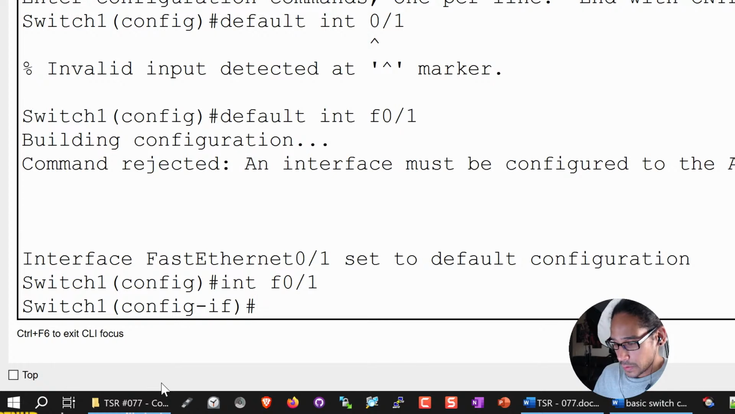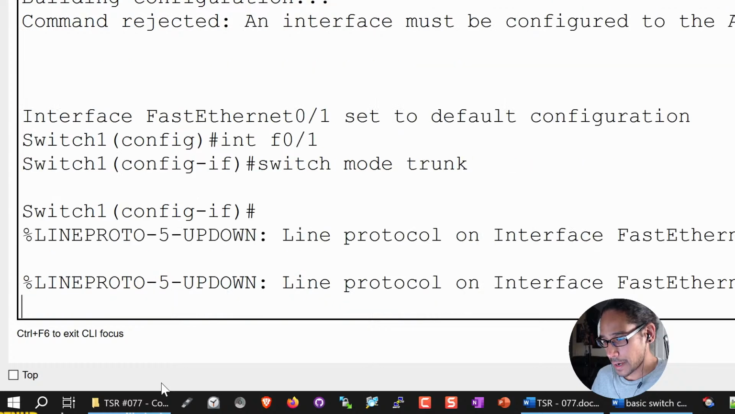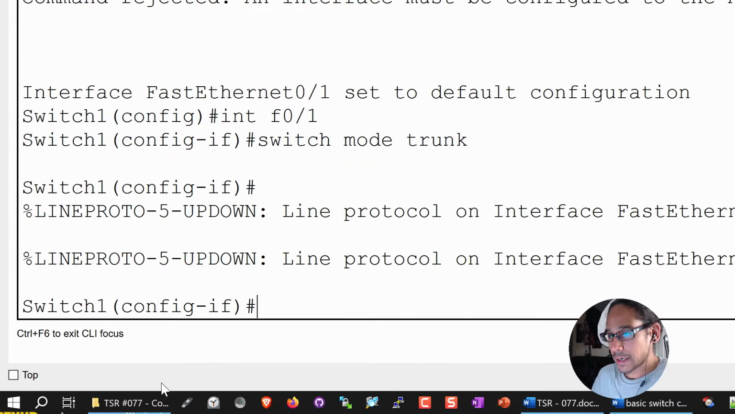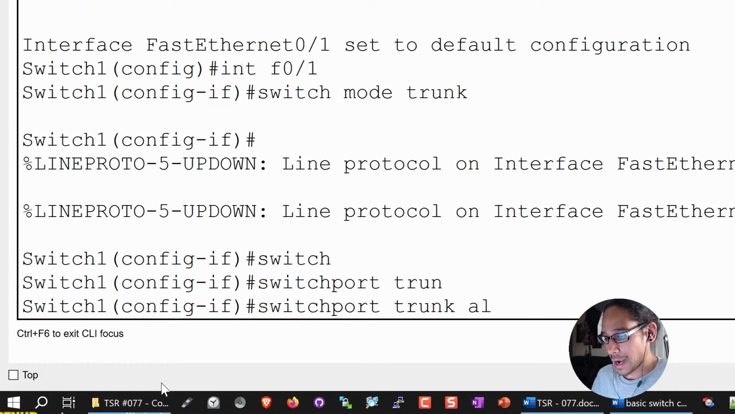And we're going to configure it the following. So let's do a switchport mode trunk. All right. That brings up the line. Awesome. Let's do a switchport trunk allowed